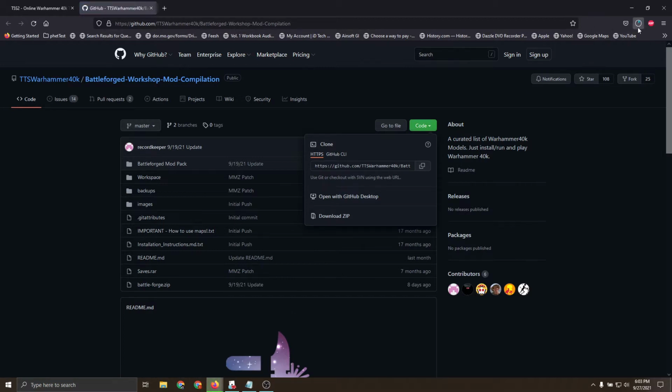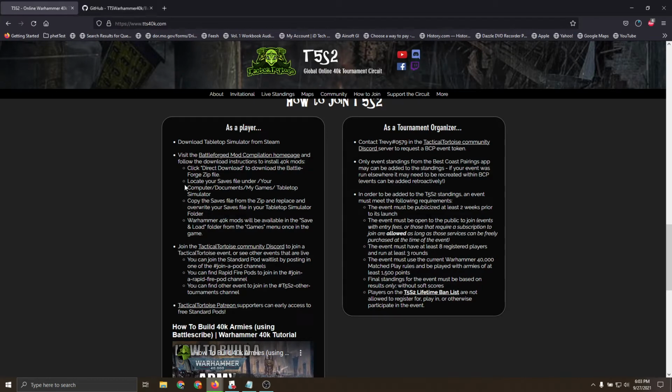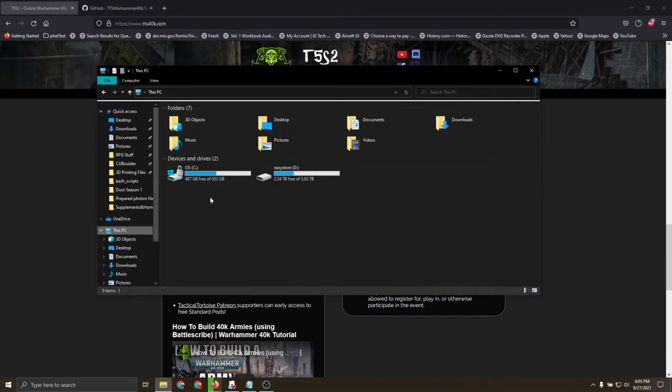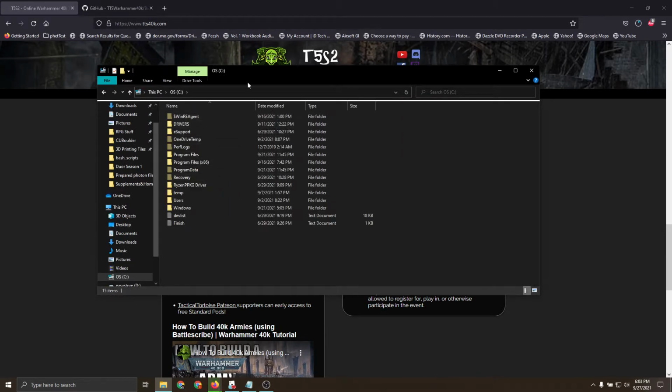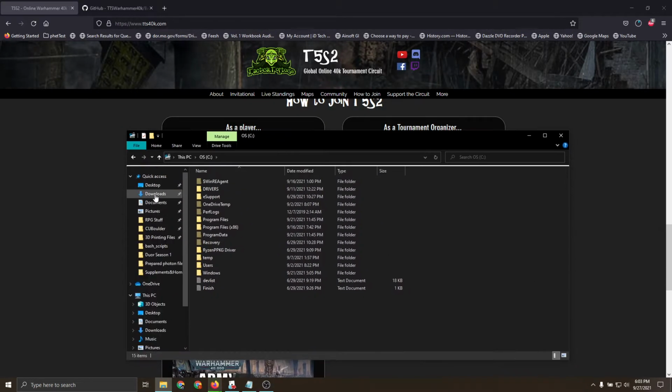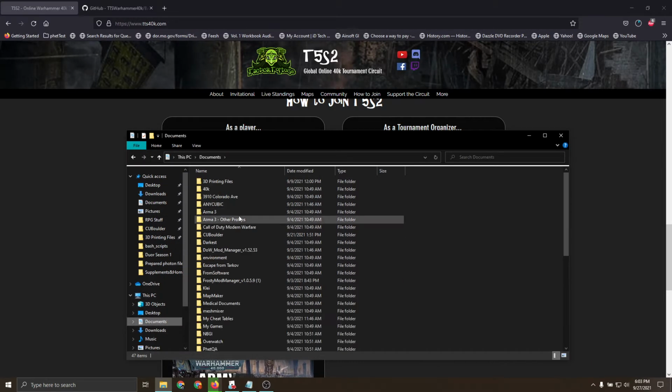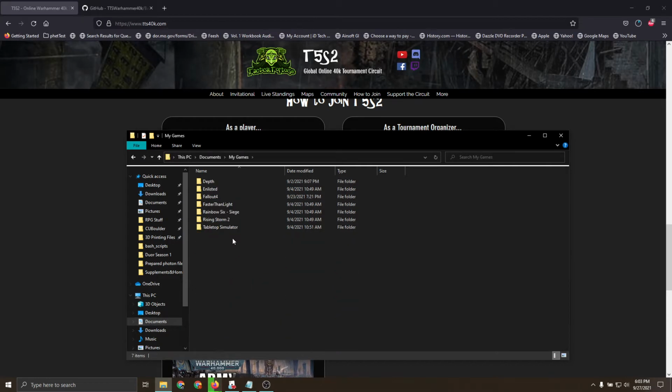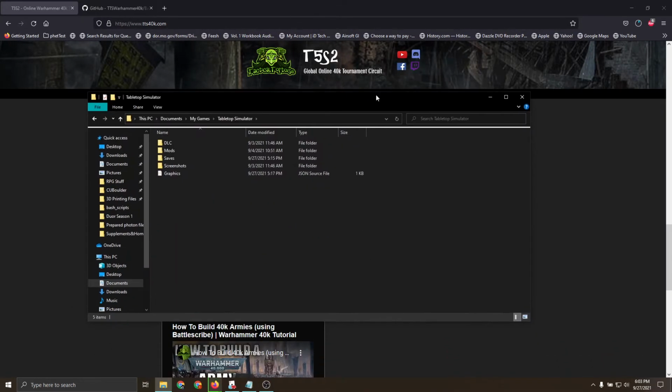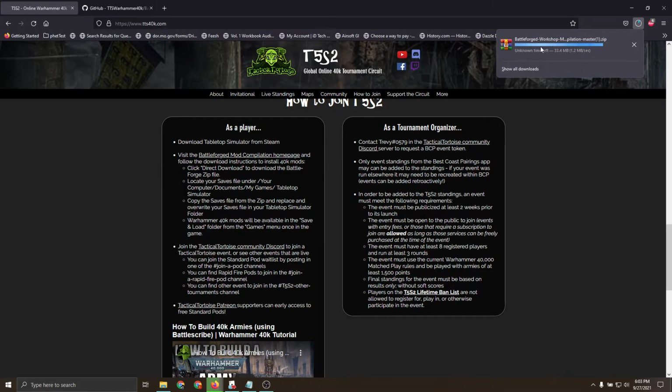Once that's done downloading, you're going to locate your saves for Tabletop Simulator. If you don't know how to do that, I'm going to show you that now. You go to Documents on this PC. Then you go to your My Games file, go to Tabletop Simulator, and then once you have everything in the zip,